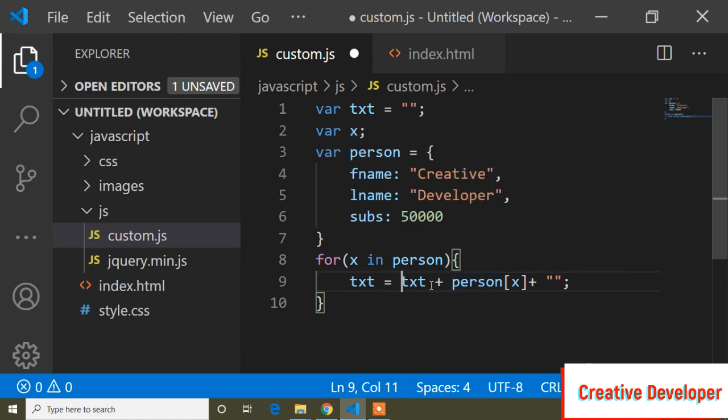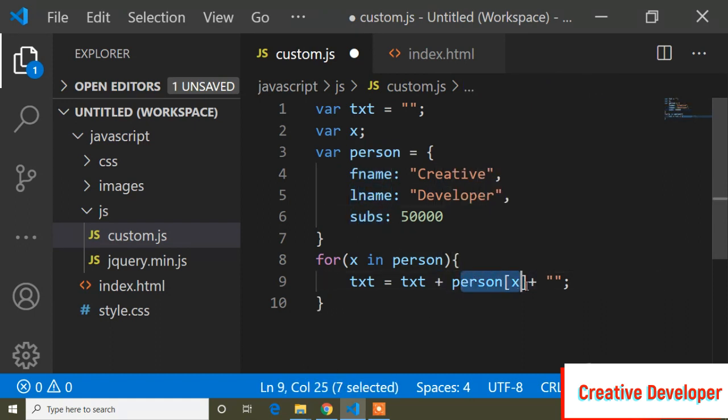So text plus, because it will be added one by one, so I have added text plus. Because I am storing this object person dot x, that means the object property, inside the text variable, and it will be printed one by one. So that's why I added plus, because it will be fname, then plus lname, then subs. So that's why it's plus.